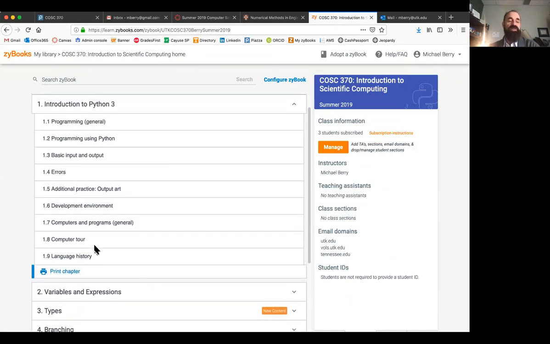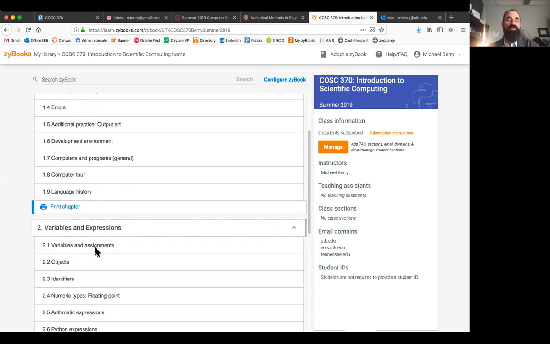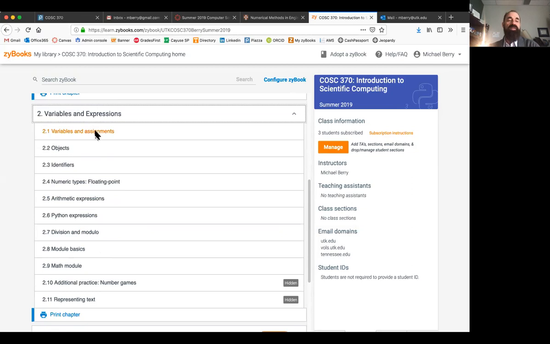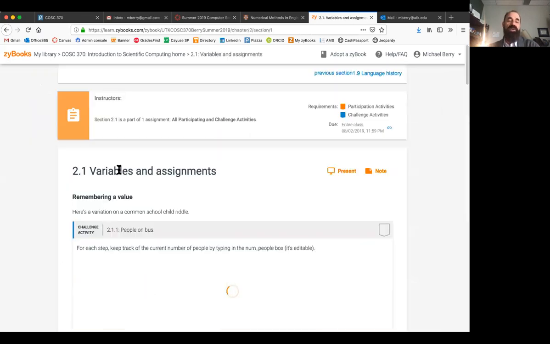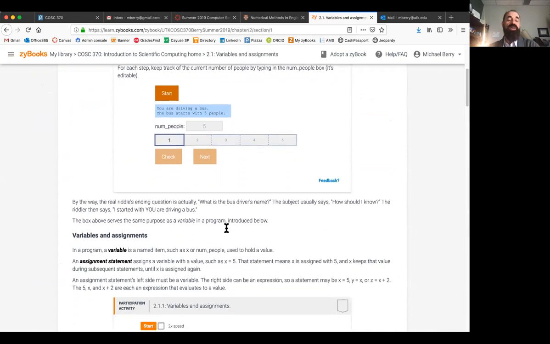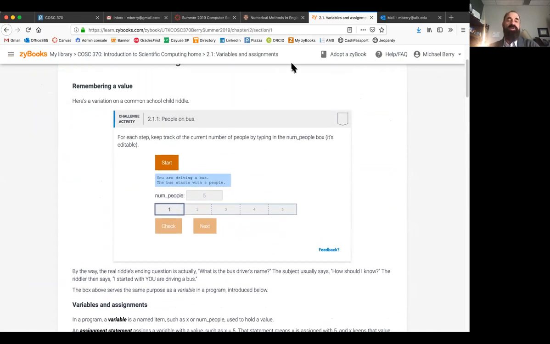But then you'll get into material in terms of details in the other sections, chapters such as variables and expressions, and the syntax of the language and how it works. And again, moving on to that one as an example, there's always activities within them that you need to do. They're interactive, and you need to do all those to accumulate those points. And after you accumulate those points, they will be transferred